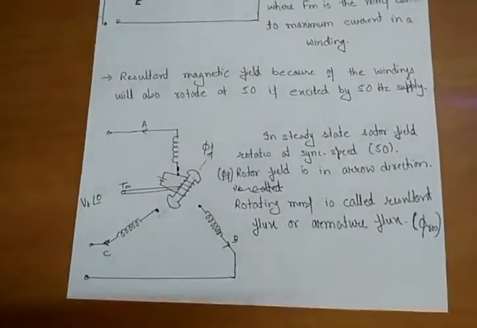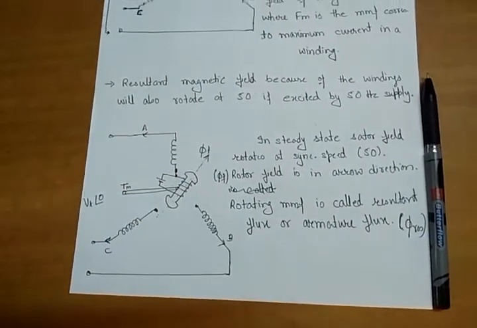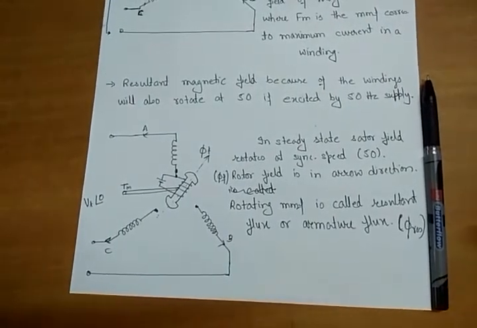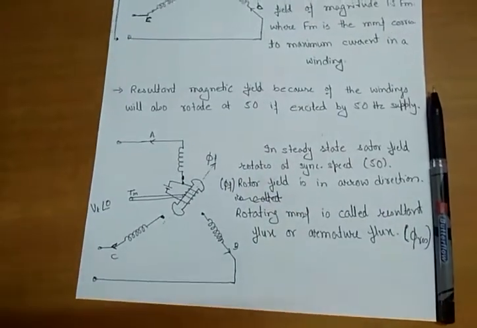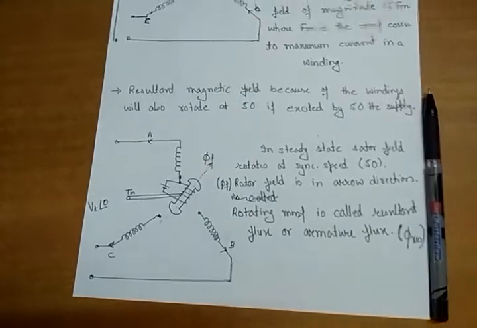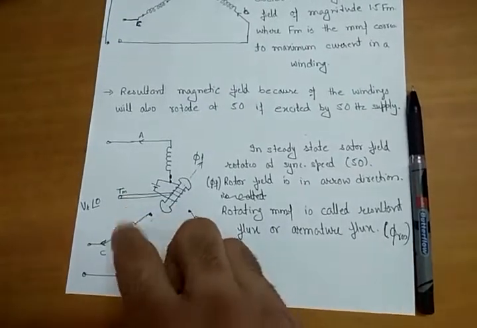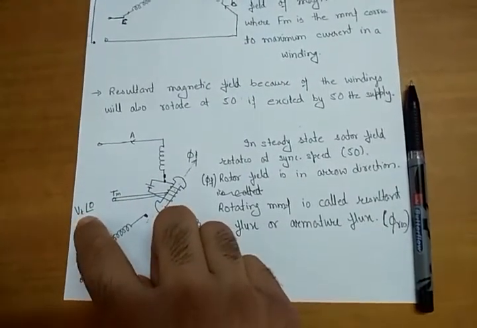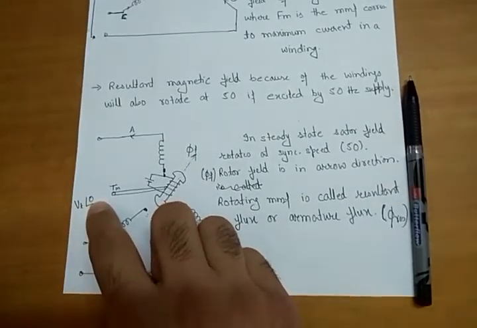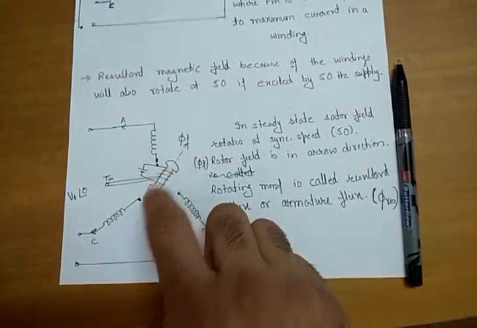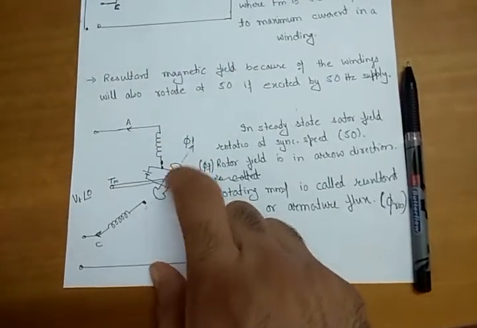Okay, so in steady state, I am saying that both the fields, that is the stator field, which is rotating at synchronous speed, and the rotor field flux phi f, also rotate at the synchronous speed, but there is some angular separation between the two fields. For example, I am showing this as a synchronous generator which is connected to a bus bar with voltage Vt angle 0. Magnitude of Vt is equal to 1 and angle is equal to 0, and delta is the angle between the rotor field, which I am showing in the arrow direction, and the resultant magnetic field.